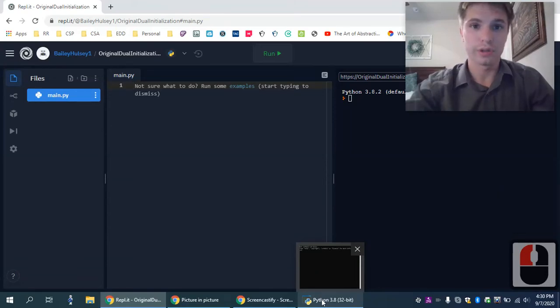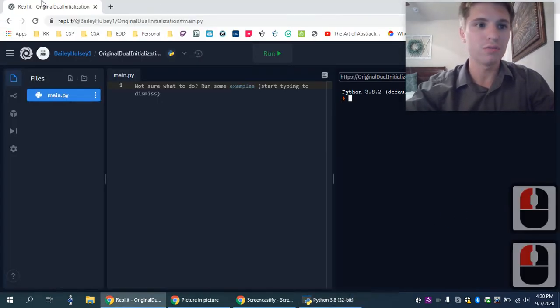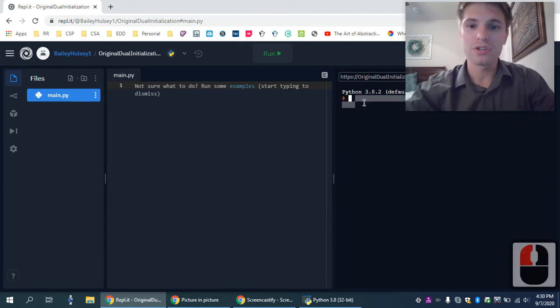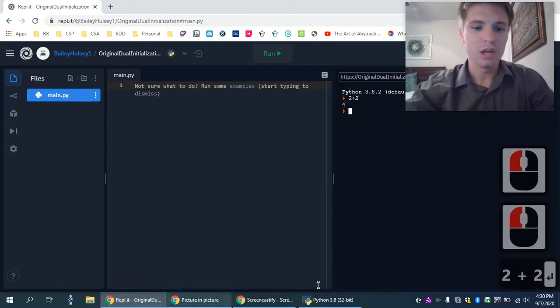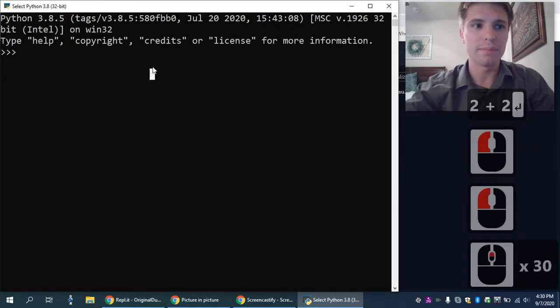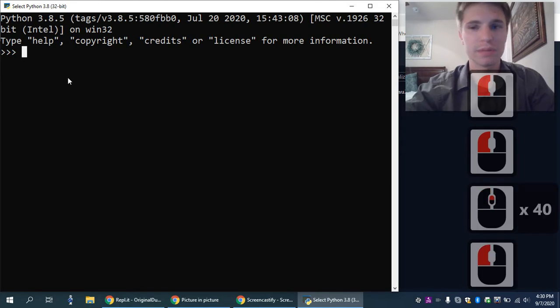Computers are really good at storing large amounts of information, and we're going to explain that today using Python's lists. You could use Replit online: just create a new Repl, hit Python, and then start. Here's the REPL over here, so you can type in a Python command and then get the results. But I like to use the REPL on my native Windows machine, because it's a little bit faster